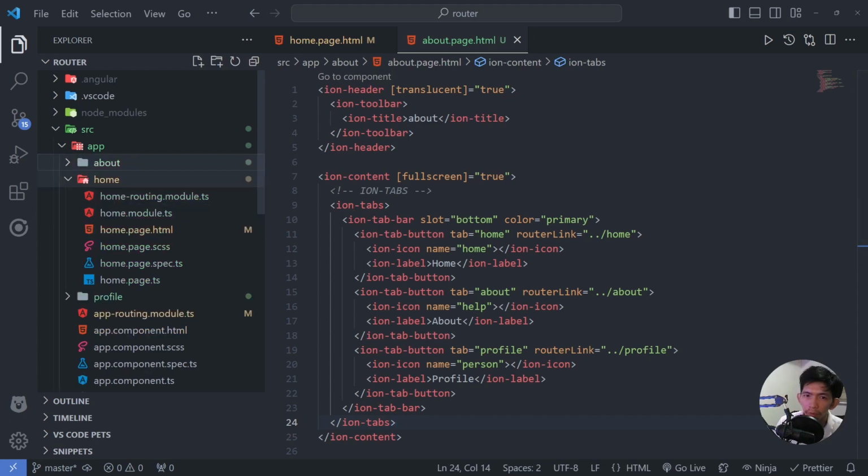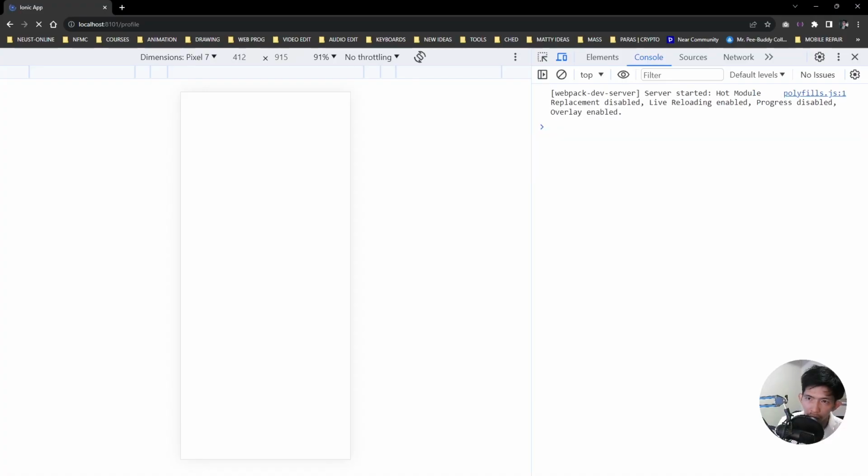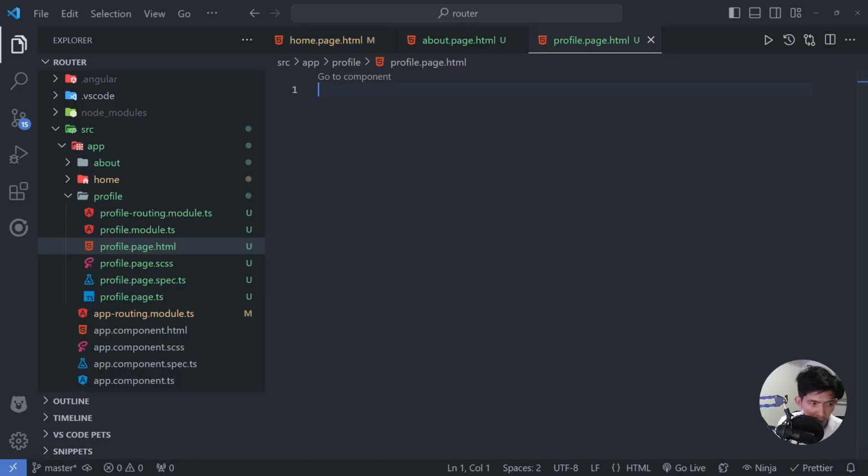In profile, tanggalin natin yung lahat ng laman ng profile page.html. Okay, so save natin, and then as you can see, wala siyang laman. Now,